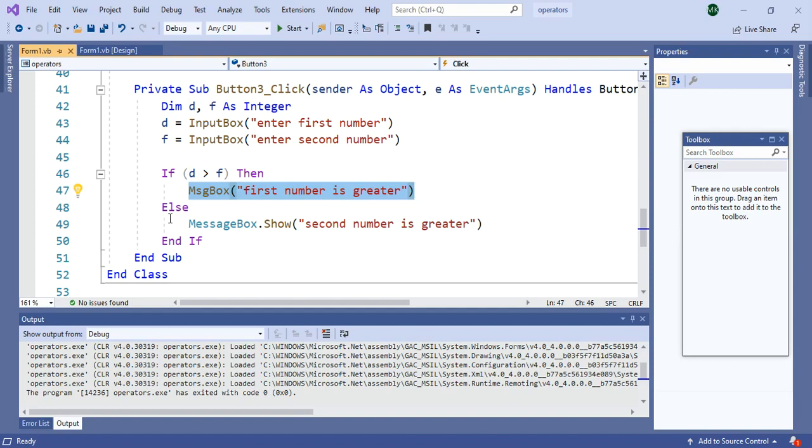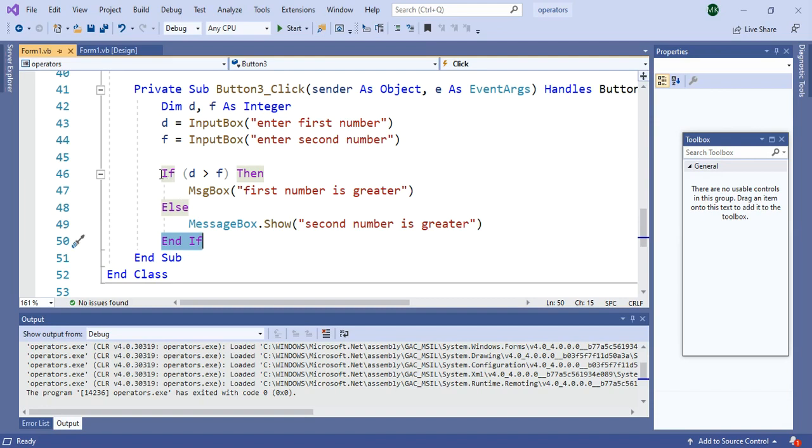Else means if the second number is greater. If F is greater than D, then it will display MessageBox.Show, second number is greater. And at the end you have to end that if control structure.